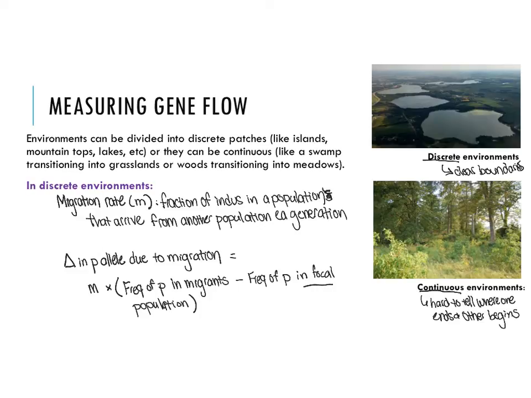And this is before the migrants arrived. All right, so it's the migration rate, so the number of individuals that are coming in, times the frequency of P in the migrant population, minus the frequency of P in the population that they're arriving to. Okay,